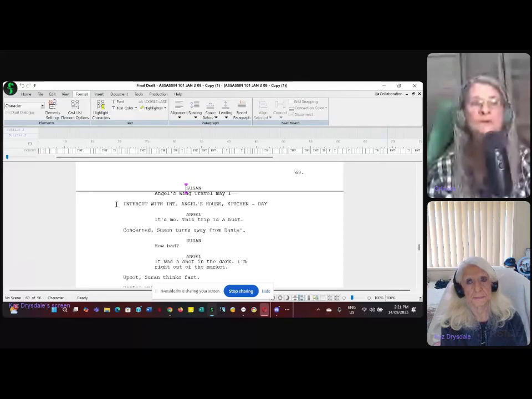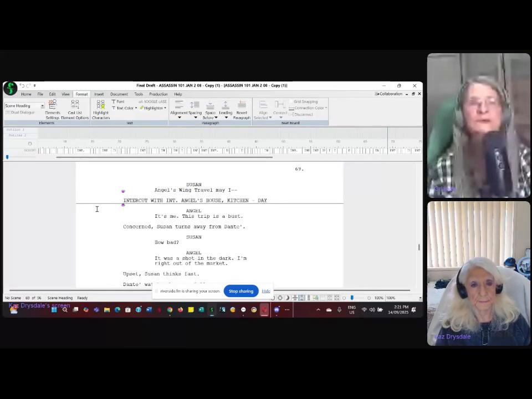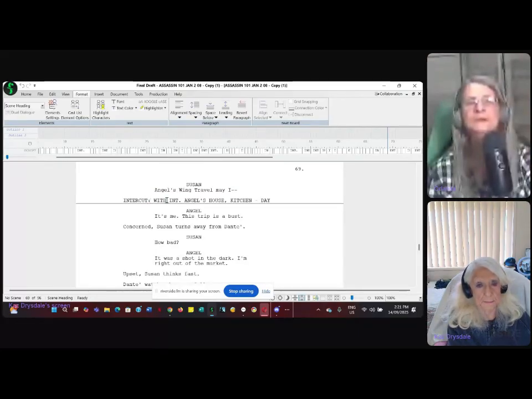So what we're going to do here, though, is because there's a few little bits that are missing, you want to go intercut and then colon. And then with interior Angel's house, kitchen day.